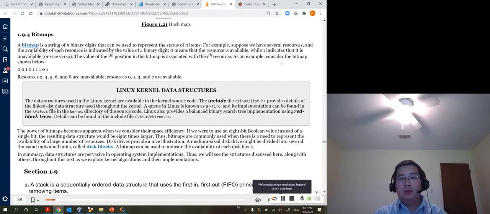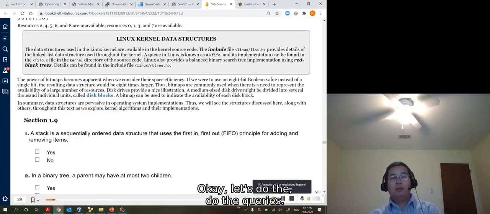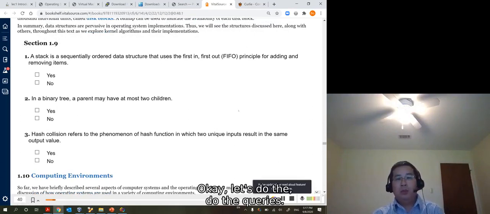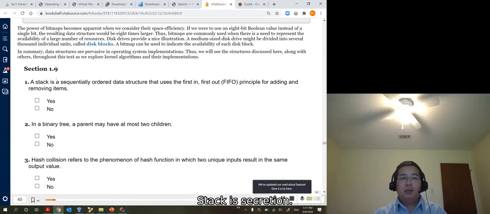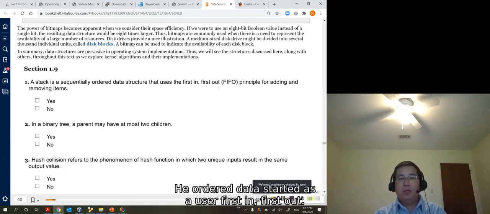Okay, let's do the quiz. This one should be easier. A stack is a sequentially ordered data structure that uses the first in, first out principle for adding and removing items.